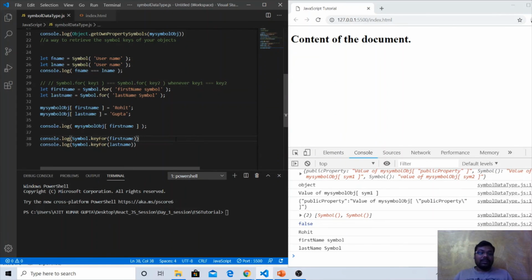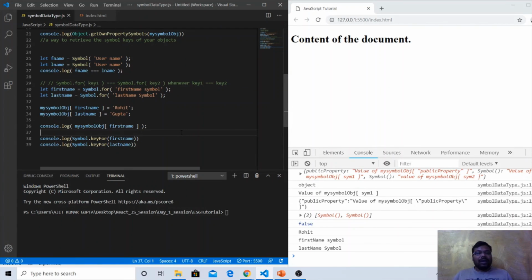So we understood that Symbol creates a unique value every time we call the global Symbol function. We need to be creative when creating any symbol variable, and provide a proper description that helps us understand for which purpose a particular key has been created. So these are some uses of the symbol data type, which is a primitive data type in ES6.